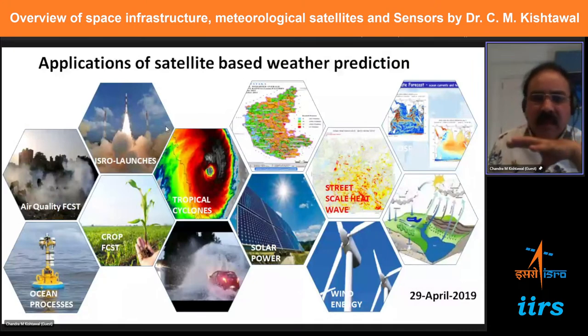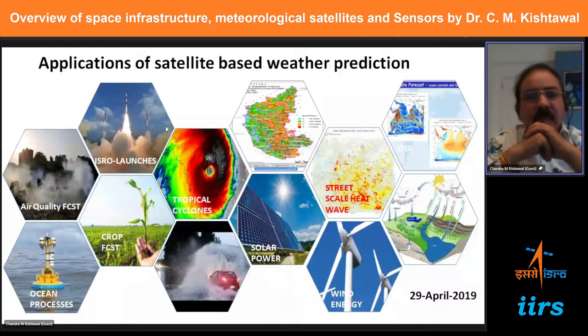And these are the areas where satellite-based weather predictions are important, which means weather prediction services where satellite data is used directly without going much into the model. These are the satellite predictions done, for example, for nowcasting, tropical